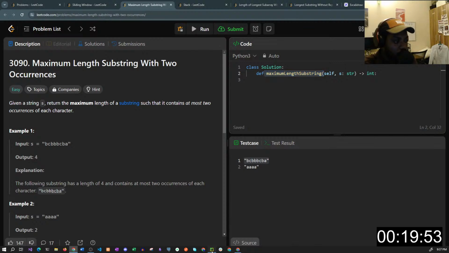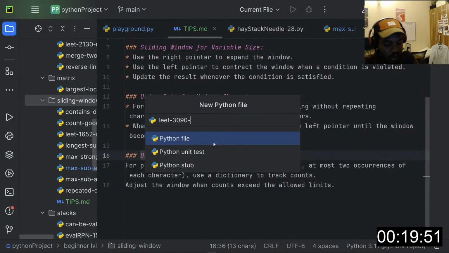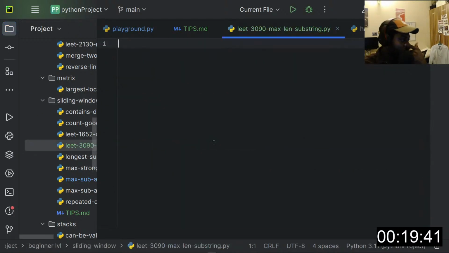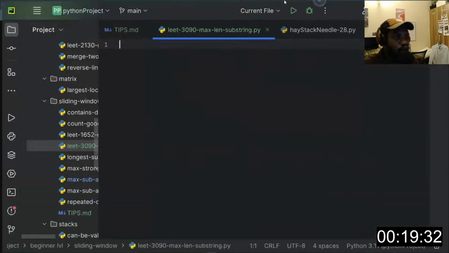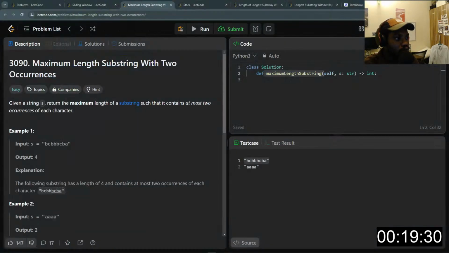Okay, so I'll say max length substring. So here's our question, and I'm going to use the new method to solve this. First of all, the question says given a string s, return the maximum length of a substring